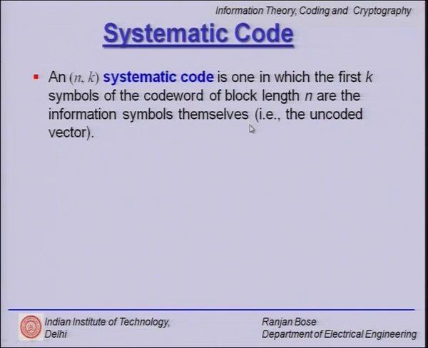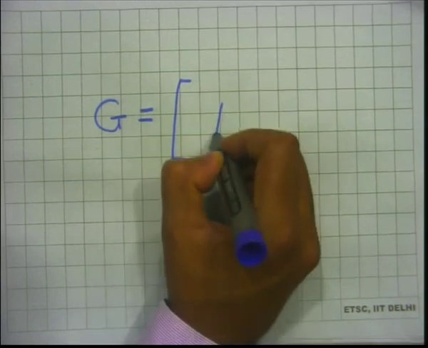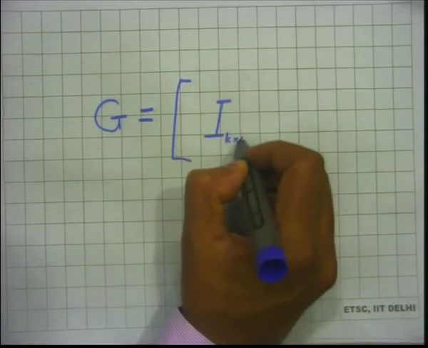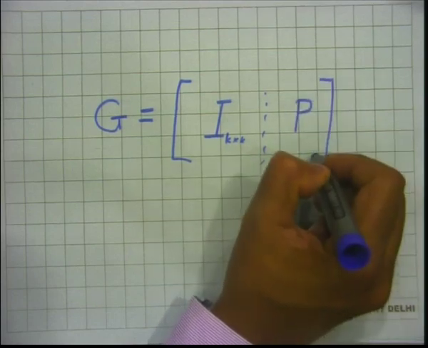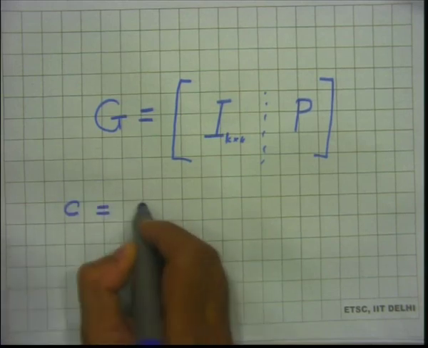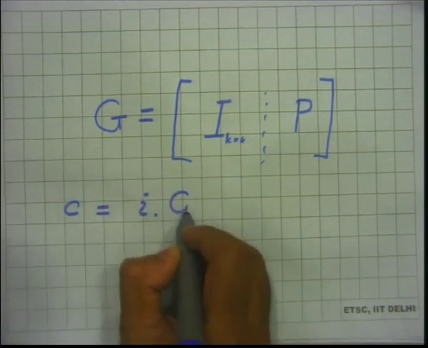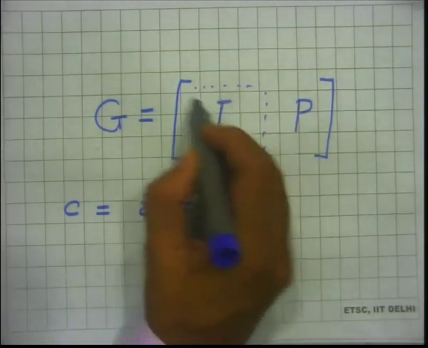Please remember, if we go back to the matrix representation, we have said that the generator matrix for a systematic code can be represented as an I, which is a k cross k, and a parity matrix P. So, whenever we are in the process of obtaining a code word C as a product of I into G, thanks to this identity matrix,